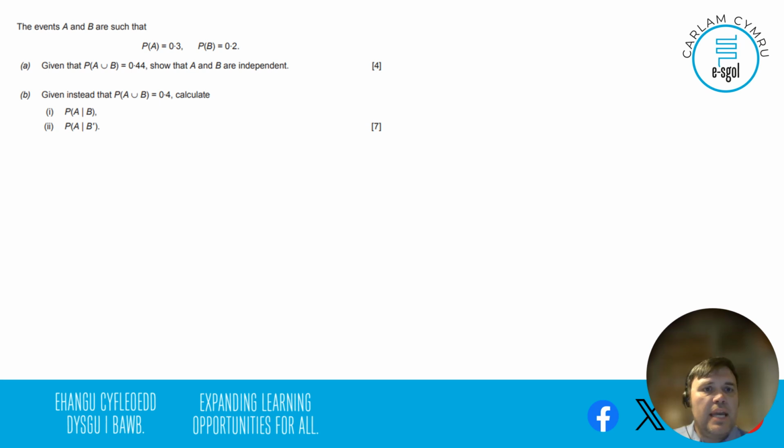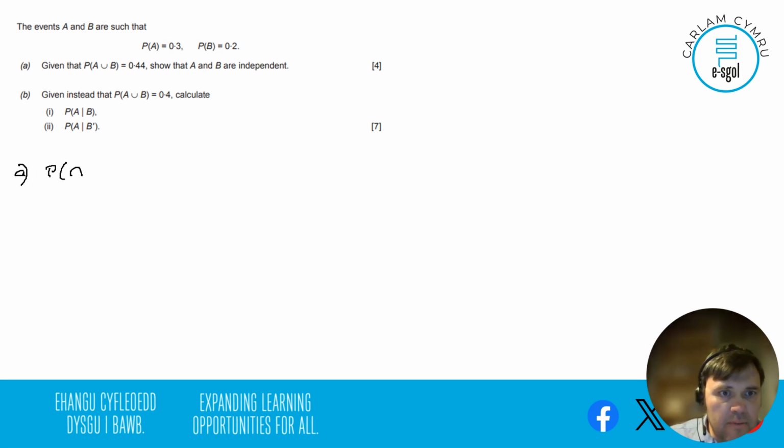Here we have the events A and B. Probability of A is 0.3, probability of B is 0.2. We don't know what A and B are, and to be honest, for the purpose of this question, we don't really care. We just need to calculate. Given that the probability of A or B is equal to 0.44, show that A and B are independent of each other. So the two formulas that we're going to use for part A,